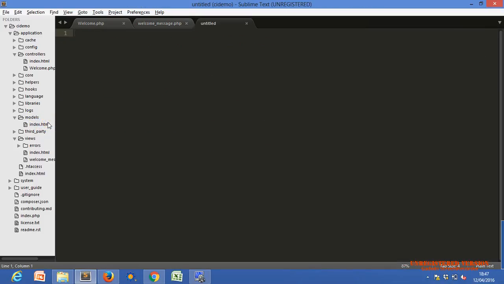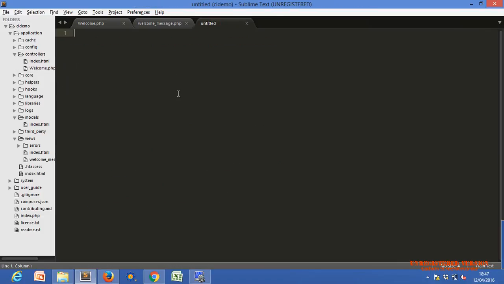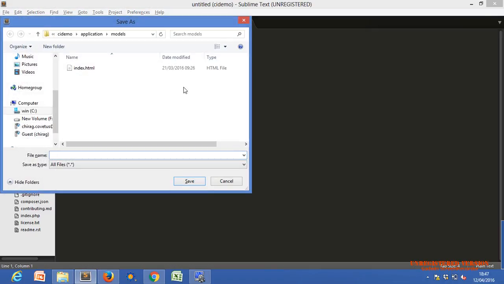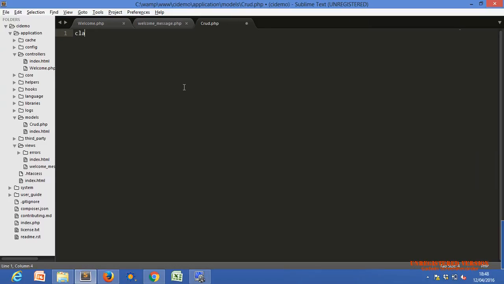You can create a new file, demo.php or any other model name, or we can say Crud_model.php.